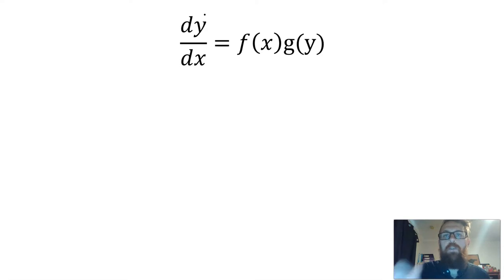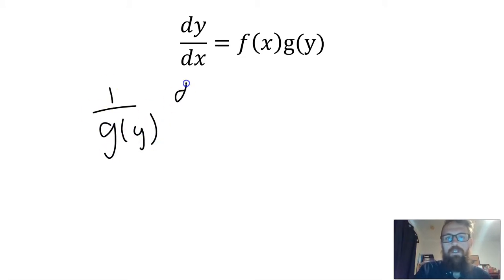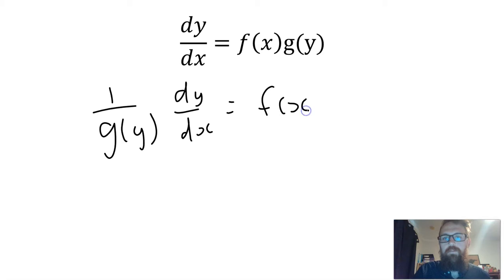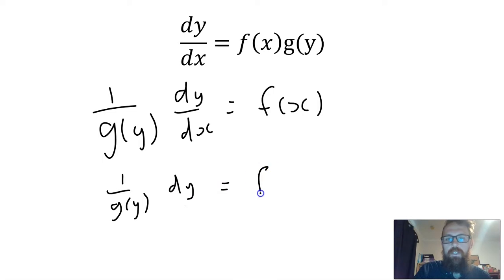What we can do is separate this function. We can bring the g of y to the other side, so we get 1 over g of y dy by dx equals f of x. Next, by the chain rule, we can rearrange this to be 1 over g of y dy equals f of x